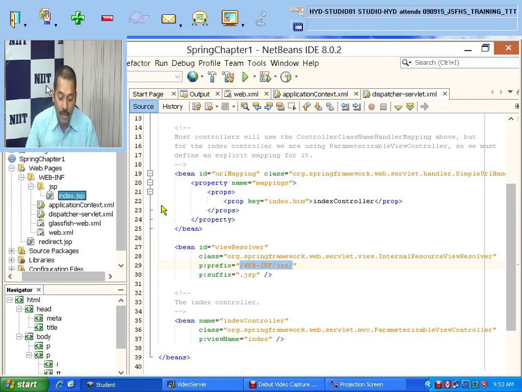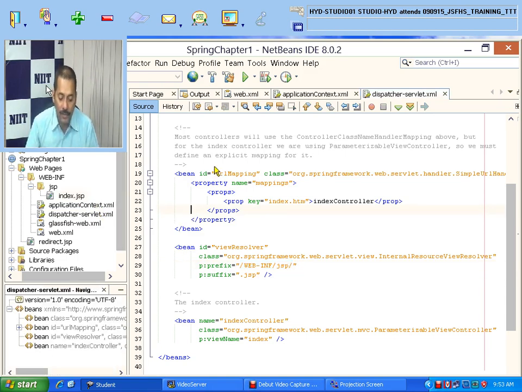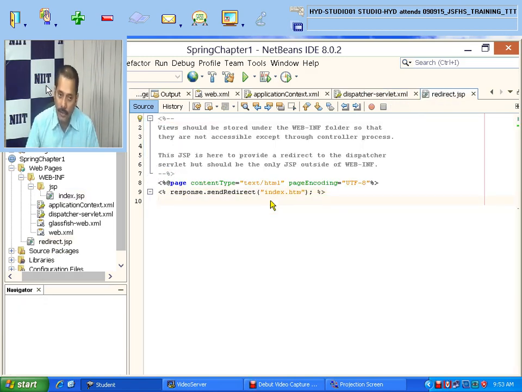So this dispatcher-servlet.xml file contains the information on how exactly the redirect.jsp page will load and how we get the index.jsp page. This is the first page, the redirect.jsp page. Here it is written that views should be stored under the WEB-INF folder so that they are not accessible except through the controller process.